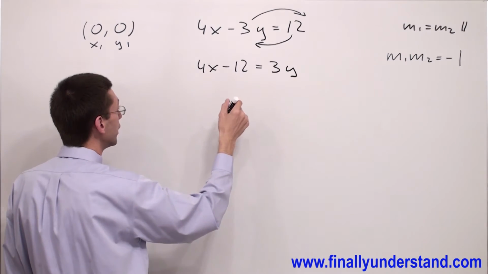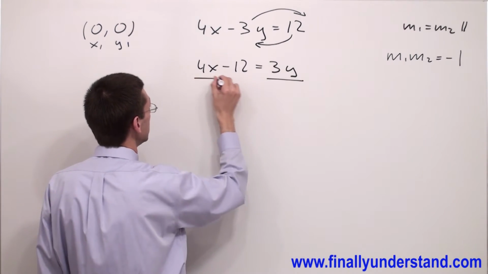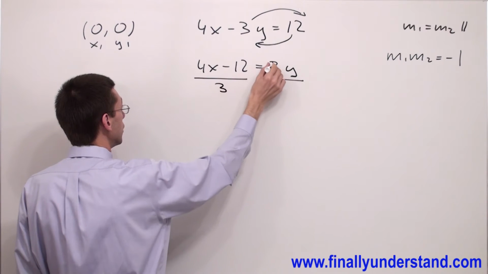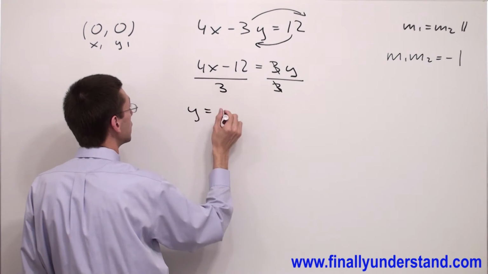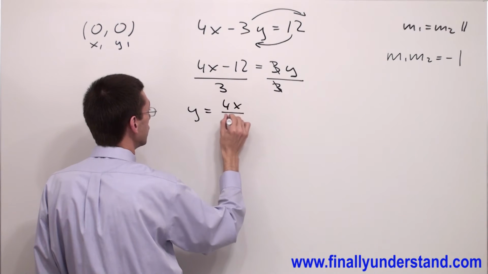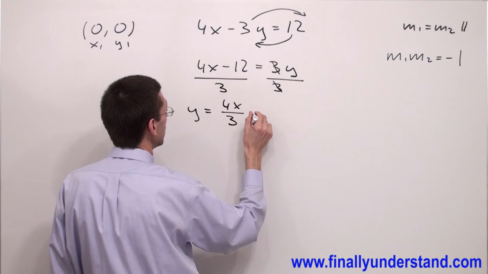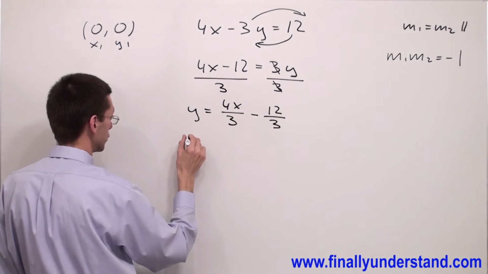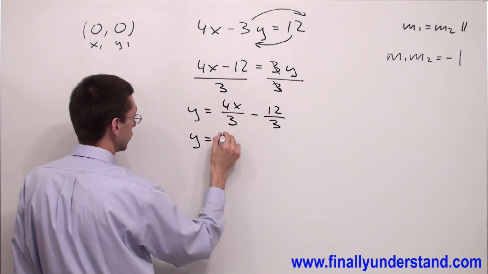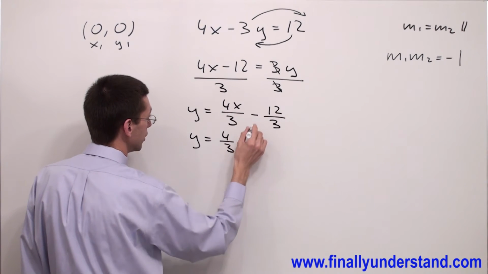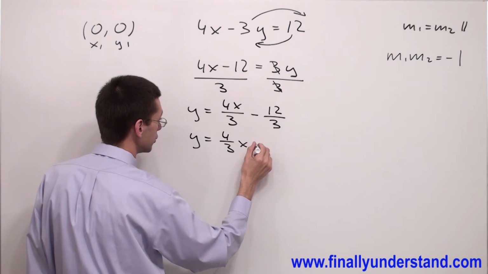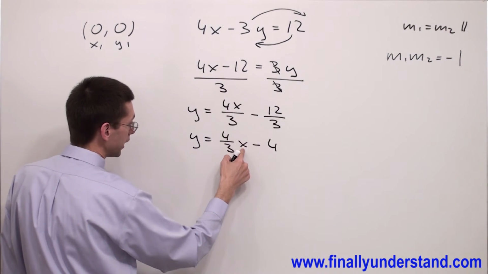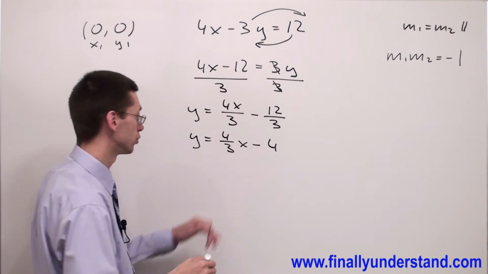In order to find y, you're supposed to divide both sides of the equation by 3. And you will have y equals 4x over 3 minus 12 over 3, which is equal to 4/3 x. 12 divided by 3 is equal to 4. So I have minus 4. The coefficient of x is my slope. So this is my